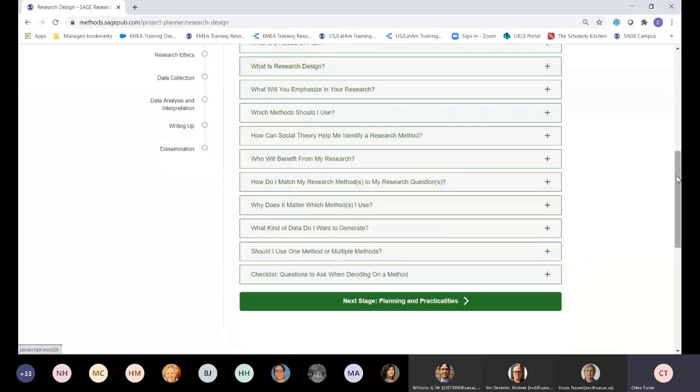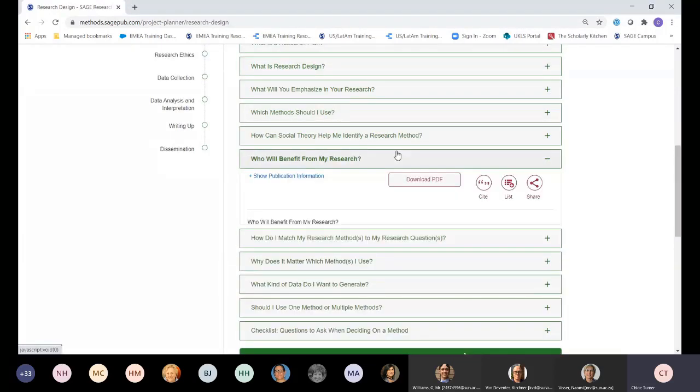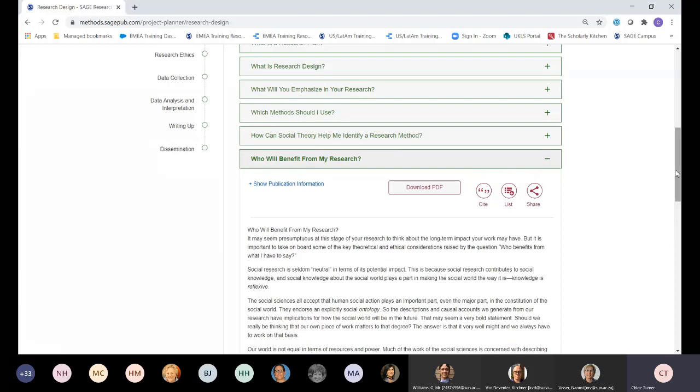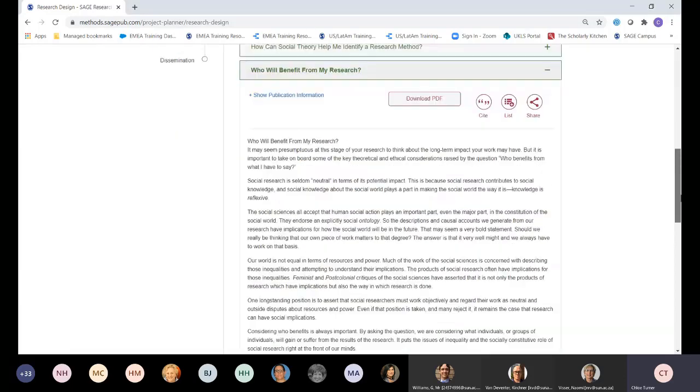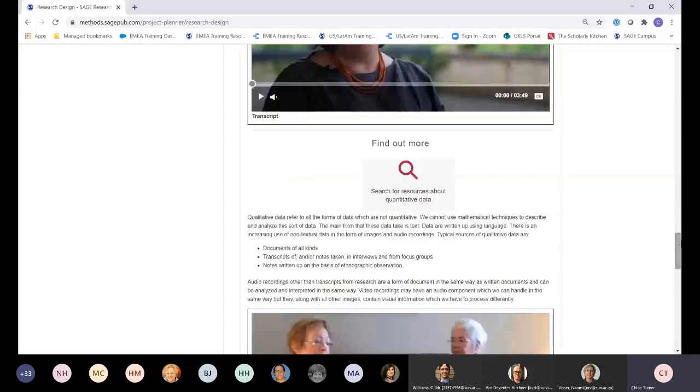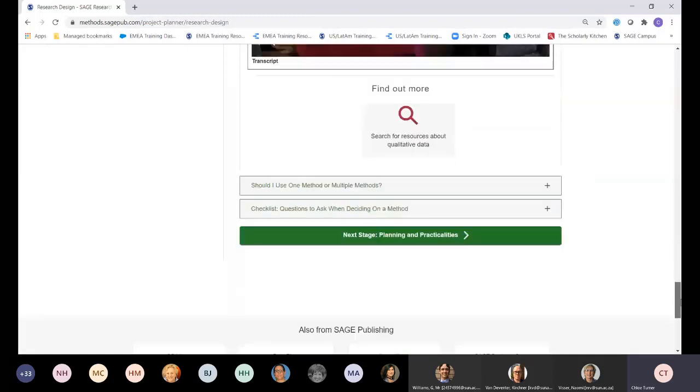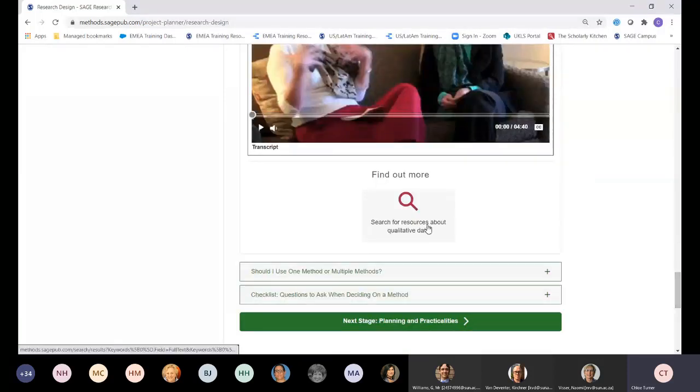I'm just going to see if I can find another example in here. So this one is a shorter entry. Some of them are just text, but they shouldn't take more than 10 to 15 minutes to read. Yes, so some of them have these find out more links as well, just as another example of how sections are linked. So if I click on find out more to search for resources about qualitative data,